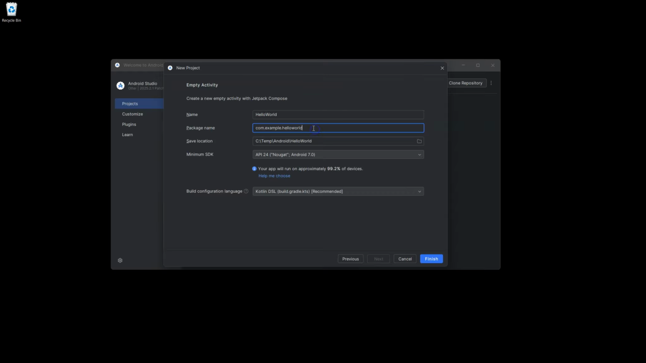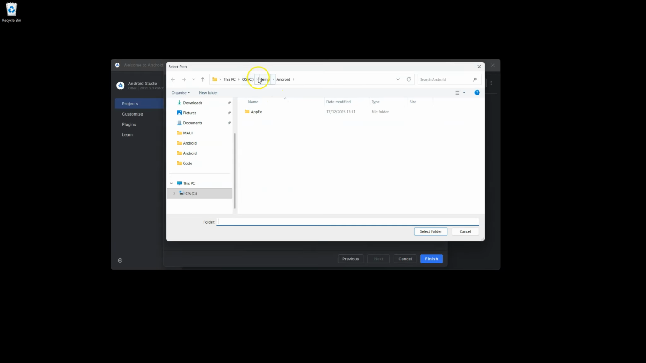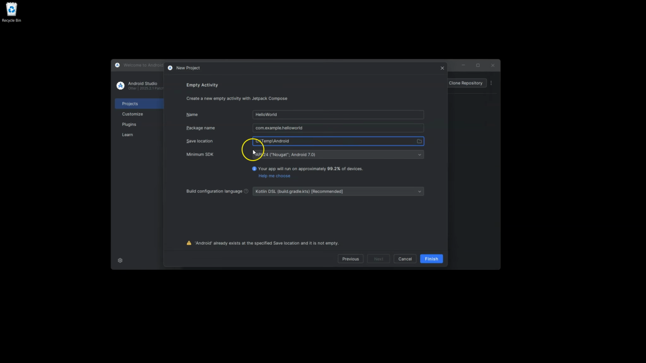This package name, just leave it as default. When you change the name here, the package name will also be changed. Next, the location where you want to save your project. So just open this one, go to a specific folder that you have created on your hardware where you want to save this project. Select folder, and then